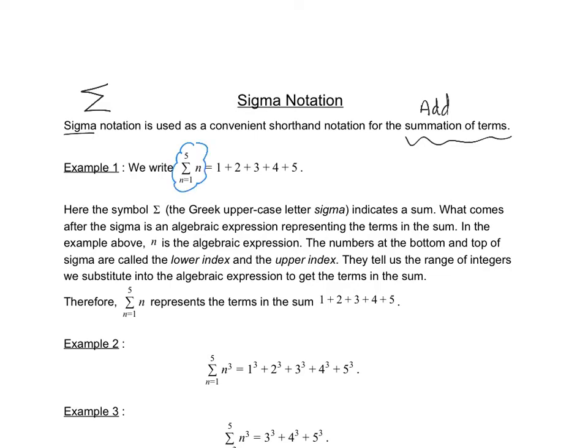The first part that you see, n equals 1, is telling you what to start plugging in. And it counts all the way up to 5. So that means we're going to plug in a 1, a 2, a 3, a 4, all the way up to 5. So this is our start plug-in number and our end plug-in number. And what we're plugging into is the expression here. This is kind of the rule or the equation, I mean expression,